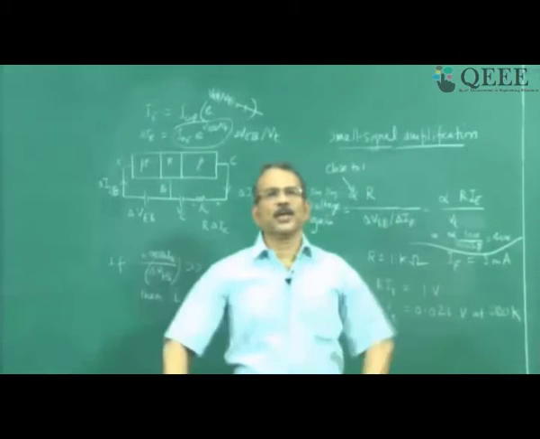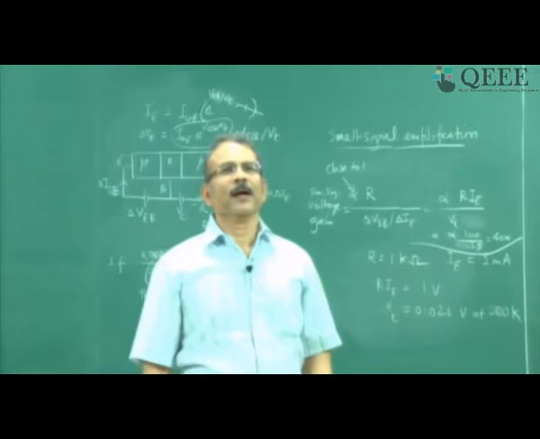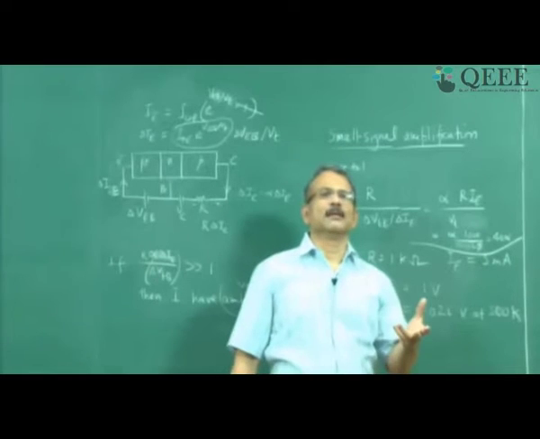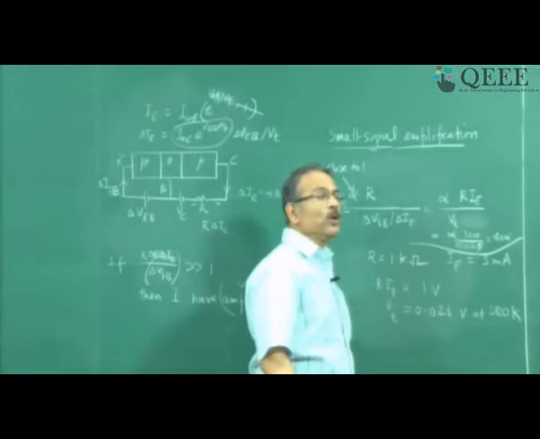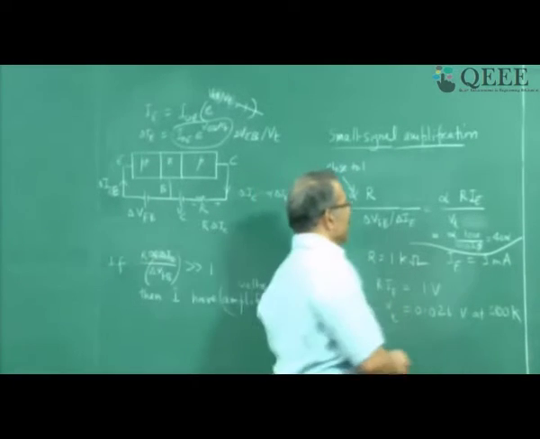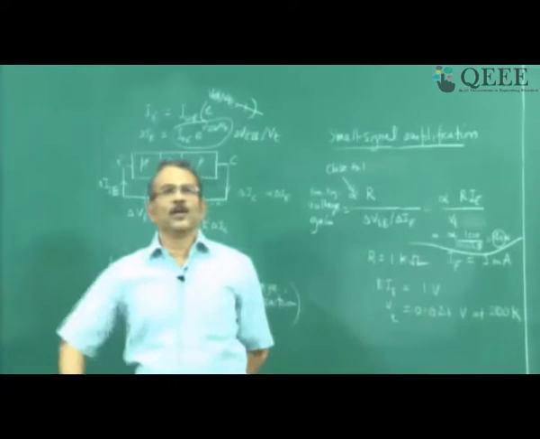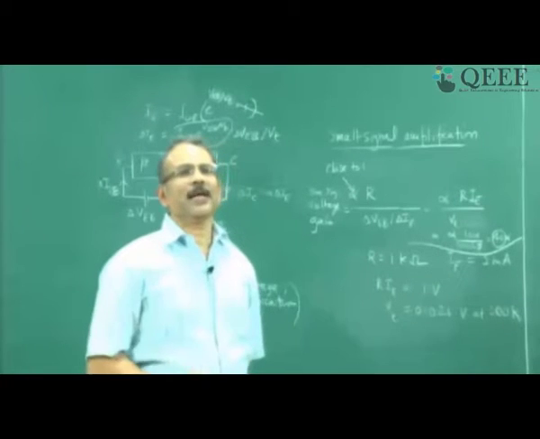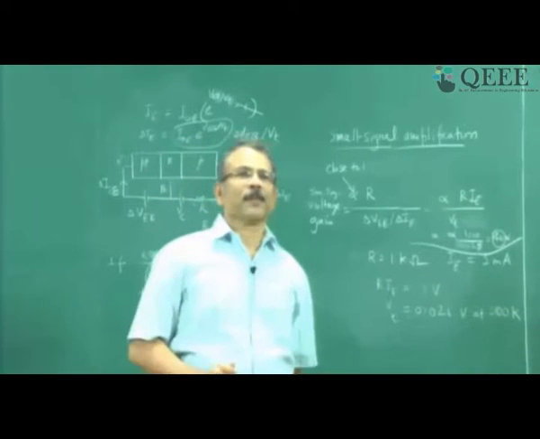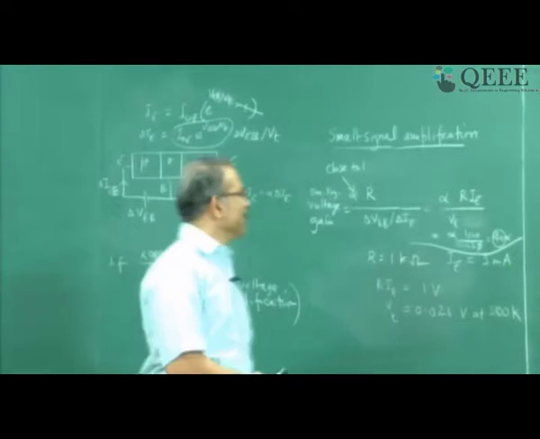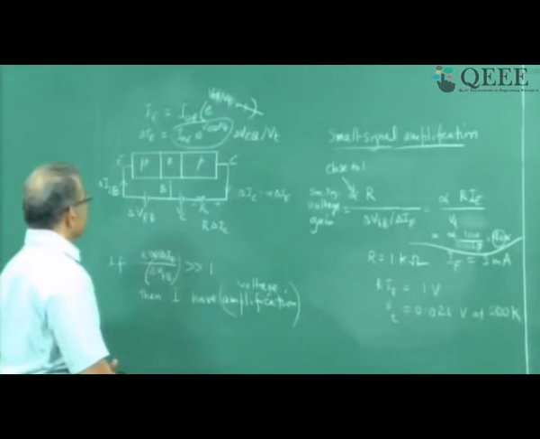Normally in a bipolar transistor, alpha is very close to 1. It may be 0.98, 0.99, something like that, right? Even more than that, 0.995. So I can simply assume this to be 1 and I am getting a gain of 40. So you see how the transistor is giving rise to a voltage gain of 40. Let us go through this explanation again, how the voltage gain is happening.